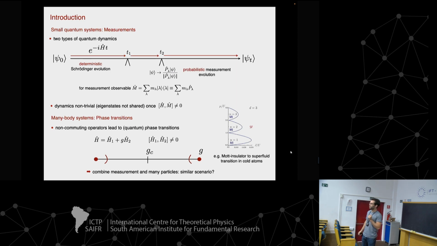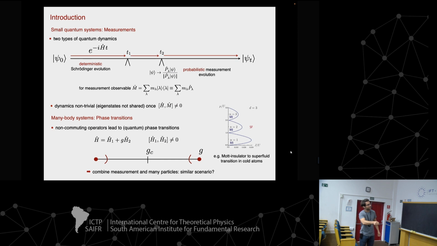And this non-commuting feature of operators is something that you can be familiar with when you think about phase transitions, in particular quantum phase transitions in many body systems. So there as well, we have a structure of two non-commuting operators. In that case, they are the two pieces that sum up coherently in a Hamiltonian operator. So the situation for a quantum phase transition, just to remind you, is this. We have two non-commuting Hamiltonians. Each of these Hamiltonians by itself stabilizes a state with different physical properties. For example, they are distinct in their symmetry breaking patterns.